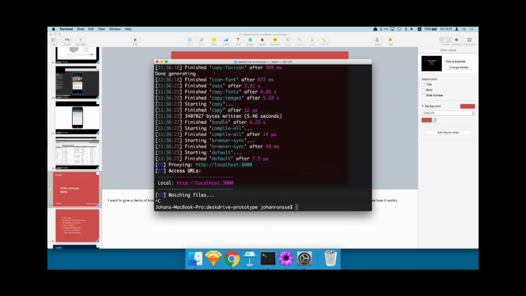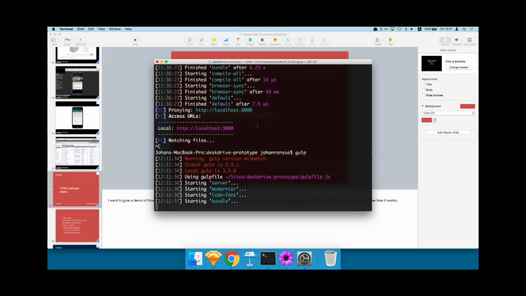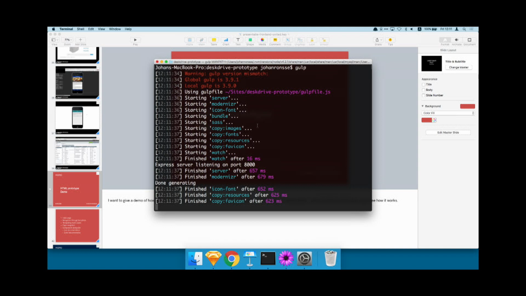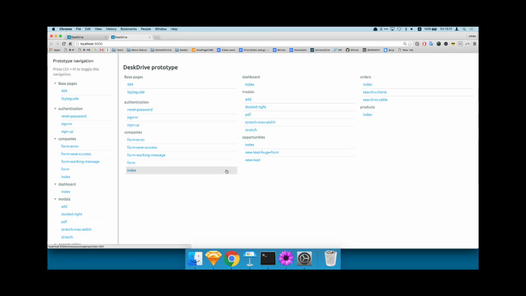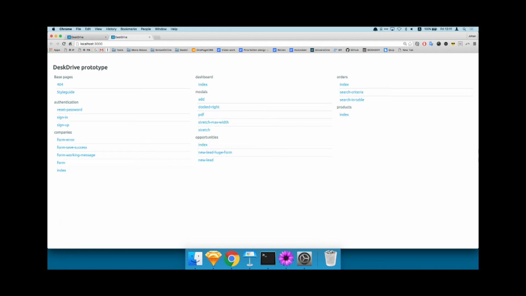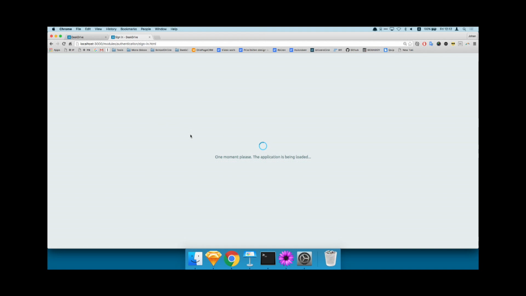So this project is called Desk Drive, and what I do here is I run a command called gulp. You know, who uses gulp here? Many people, okay. You're all JavaScript developers, so of course. So it's running the necessary commands to launch the prototype. And this is kind of like an ERP, electronic retail processing application to process orders. And it's a small project, but I will show you a bit about it and compare it to, for example,